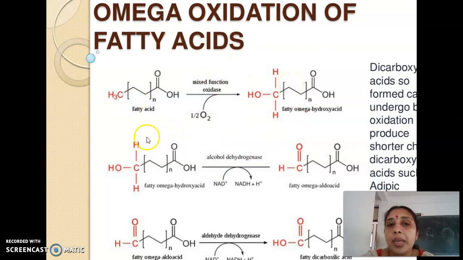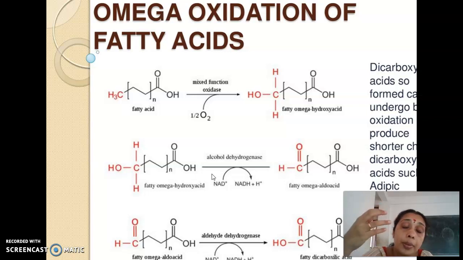Omega oxidation happens whenever beta oxidation is found to be defective. Whenever there is some defect or starting trouble somewhere, omega oxidation initiates. Clear? But it's particularly seen in case of diabetic patients, in those with chronic diabetes omega oxidation is more. So in their urine we can see adipic acid, suberic acid, etc. Clear? Because of the mobilization of fatty acids from adipose tissue